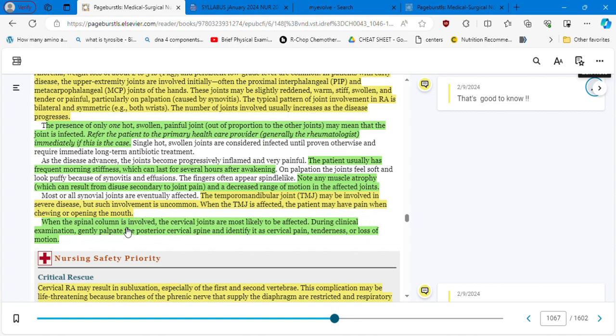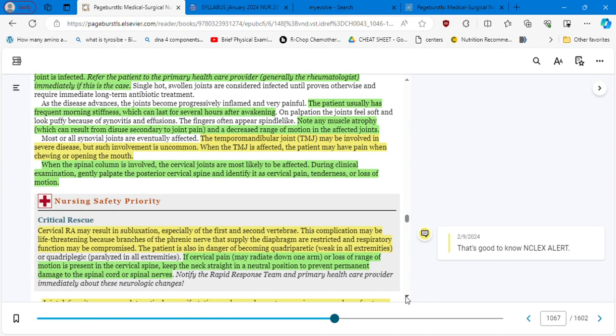When the spinal column is involved, the cervical joints are most likely to be affected. During clinical examination, gently palpate the posterior cervical spine and identify any cervical pain, tenderness, or loss of motion. We spoke about this in a previous chapter. I think it was during hip replacement